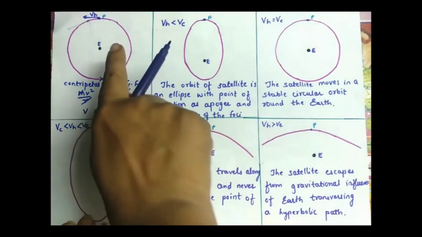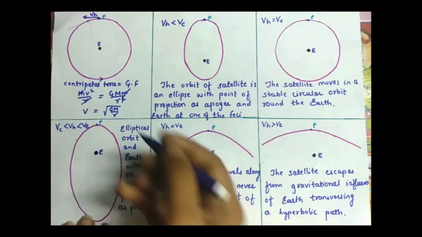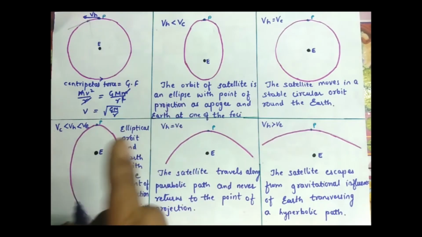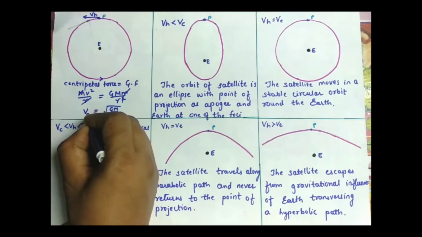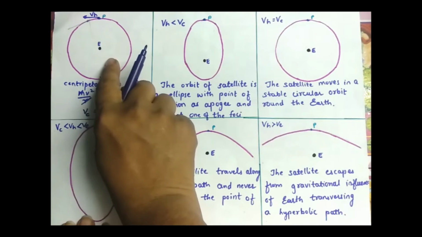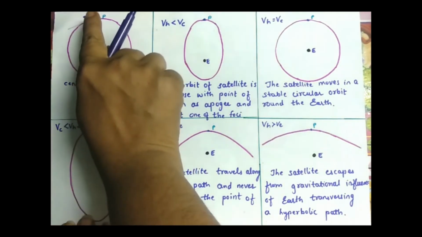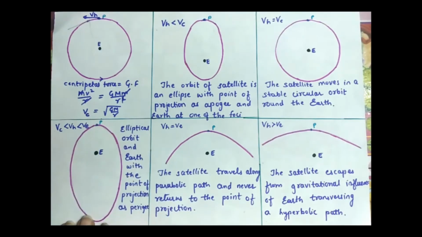So, here the necessary velocity which is given to the satellite so that it performs a circular motion around the earth. Here E is earth. Such a velocity which is given to the satellite to perform circular motion around the earth is known as critical velocity. So in the first case, the horizontal velocity or tangential velocity is nothing but critical velocity.